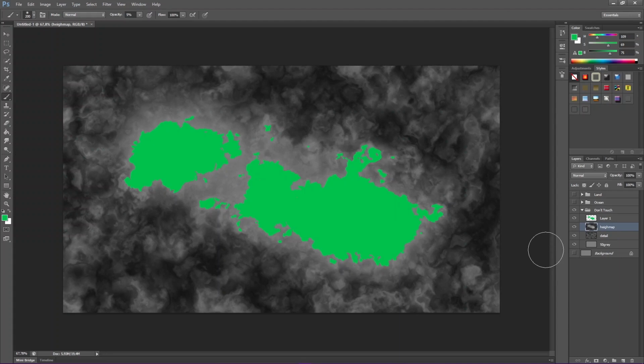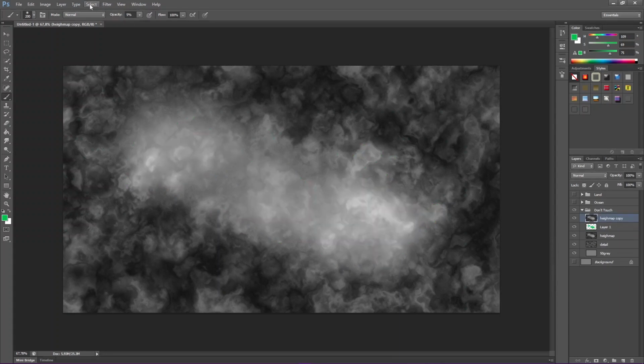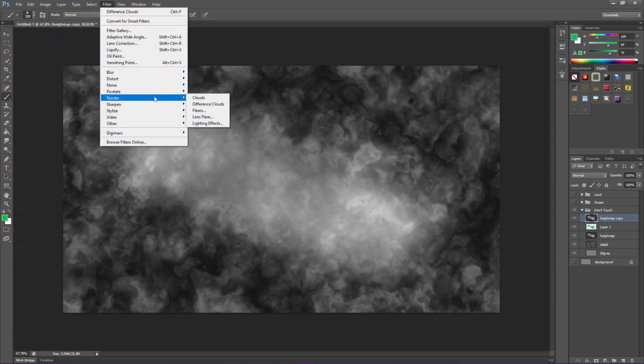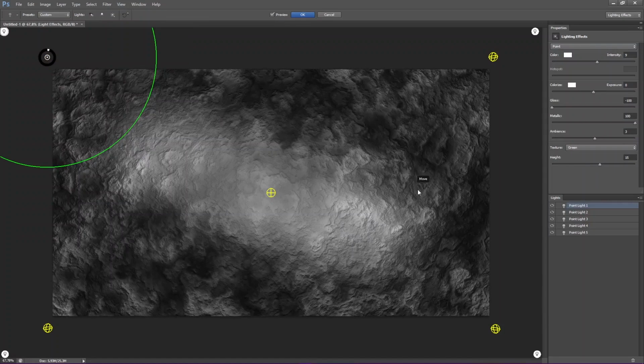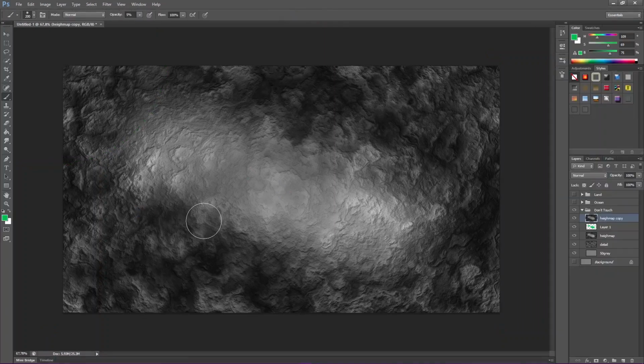The next thing that we need is the emboss. So I'm going to take my height map, copy it above that, and we're going to create the emboss. Filter, render, lighting effects. Now, if you remember what I did the last time when I did this, we created 5-point lights following the Atlas tutorial, which I linked in the previous video. And you set your texture to green and your height to about 15. You can play around with these settings and you can create a more severe or less severe effect. But this gives you a nice texture, a nice 3D look for your land.